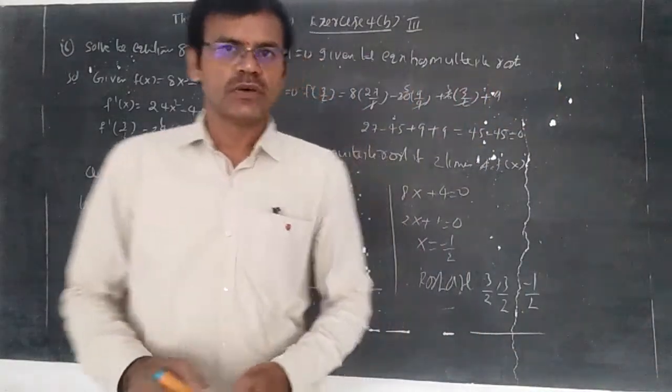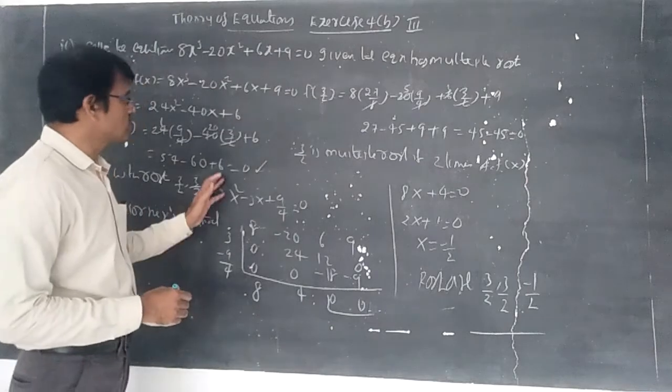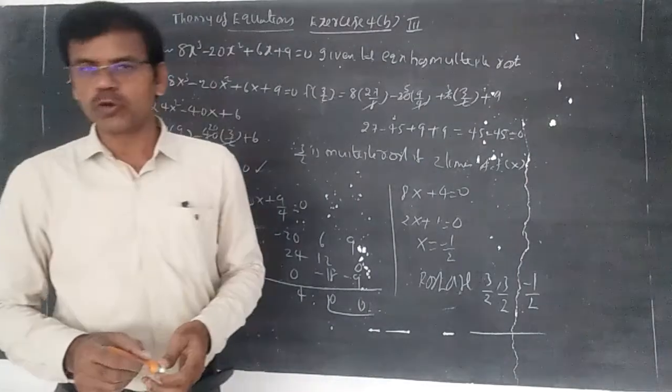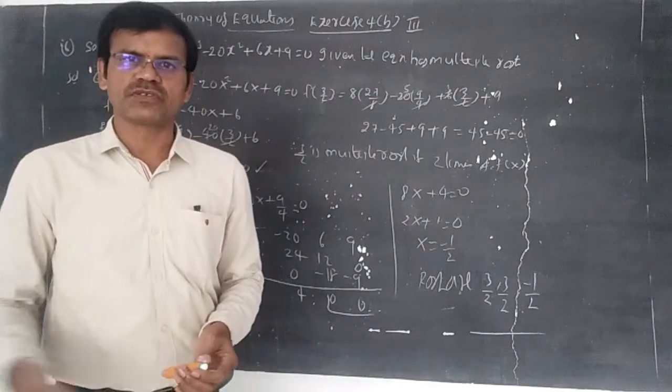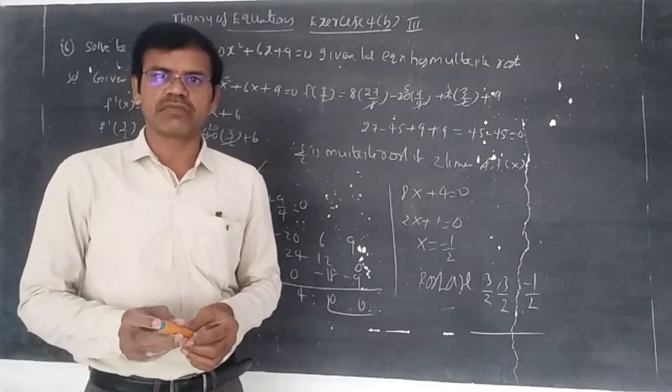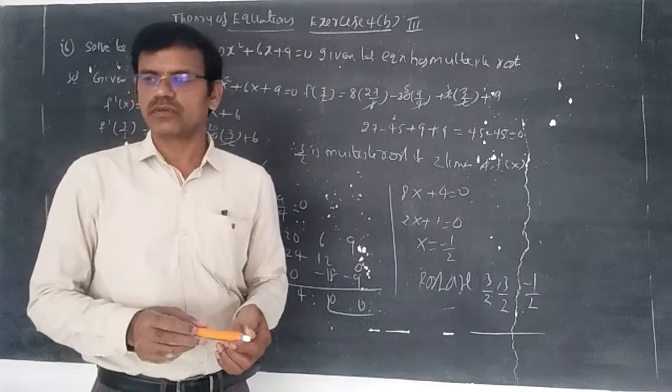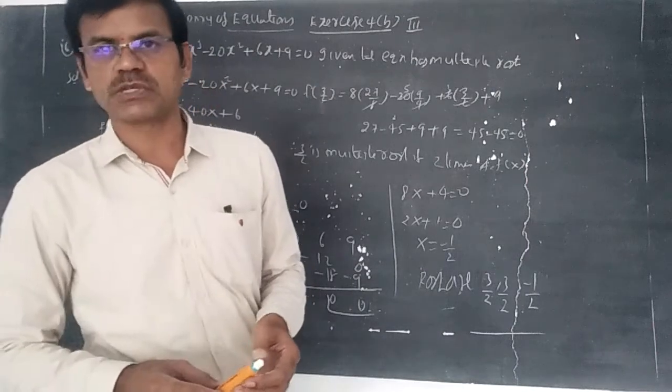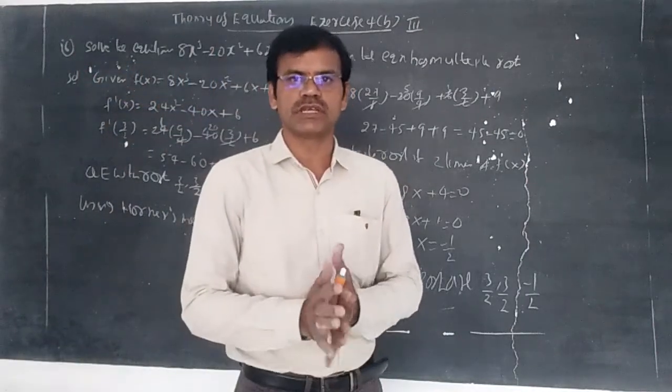Okay students, we have successfully completed exercise 4b, theory and concept. Fifth sum, multiple root concept, you do the sum and whatever work I gave, you complete every remaining sum. In the next class we can discuss exercise 4c, theory and concept.